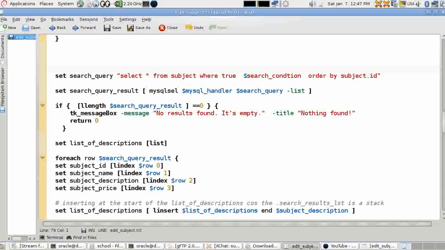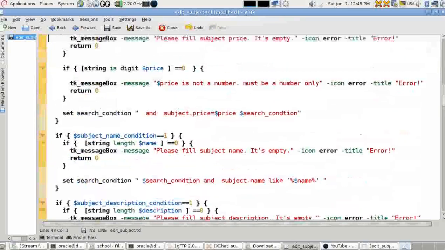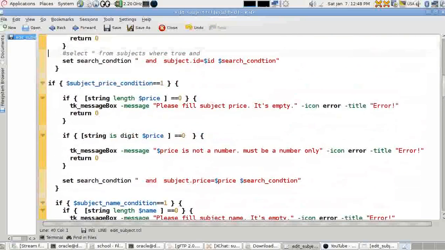Let me go back to the line where I wrote my string. So it will be and, like subject.ID equals whatever number you took from the database, from the entries, and for example, subject.name